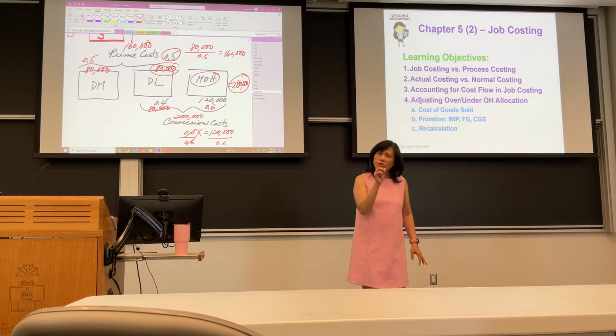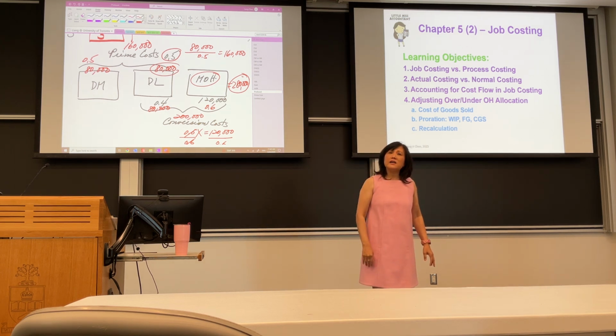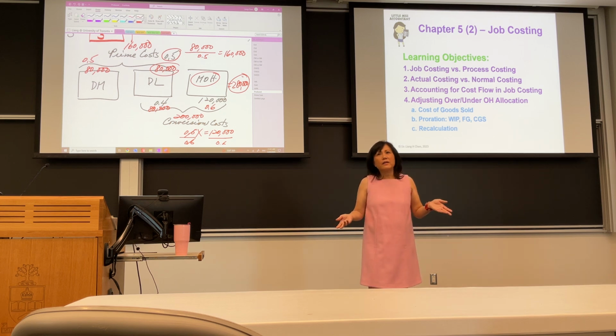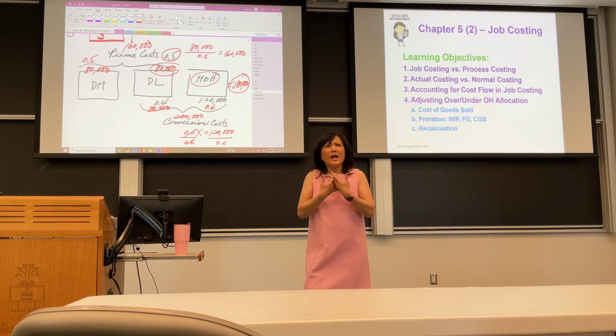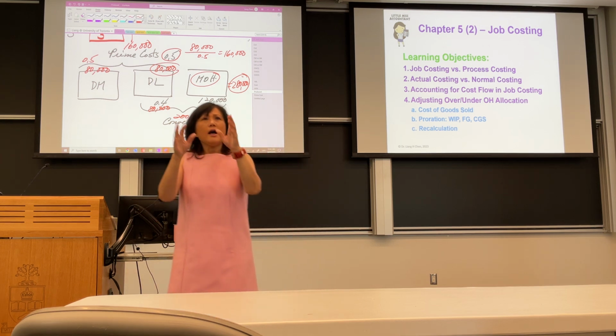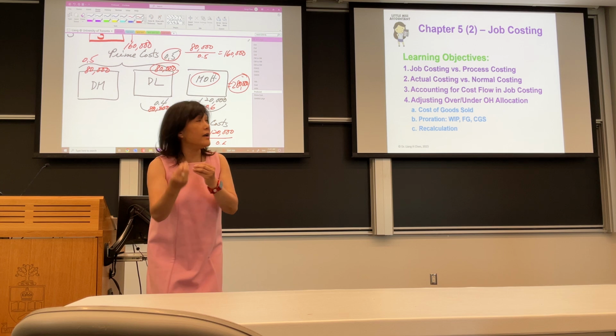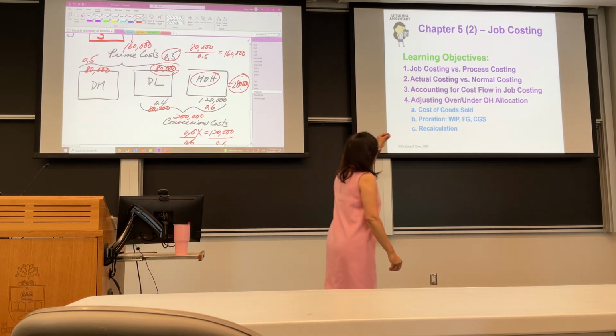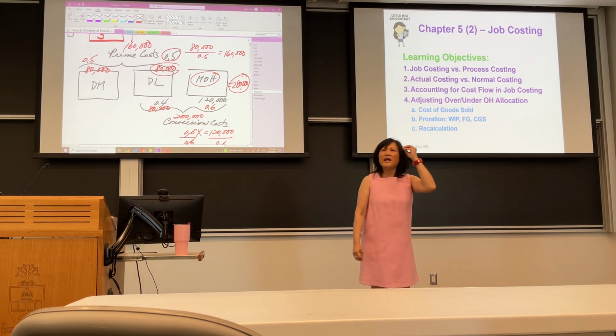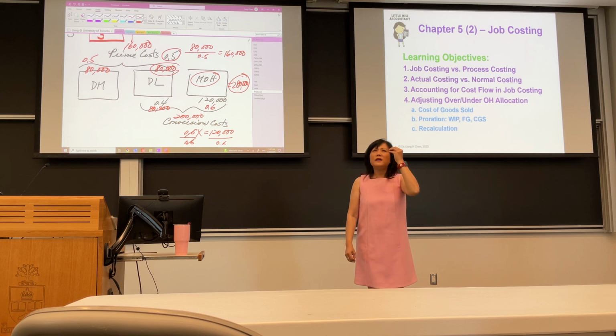I don't know how much to charge you. Come back at the end of the year, when I know my actual cost, you can come here. You cannot do that. So what happened is you have to find a way, a working number, an estimated number to charge overhead. So that's what we call normal costing. It's not an actual dollar amount, but a number you can